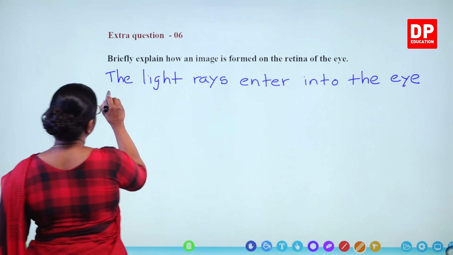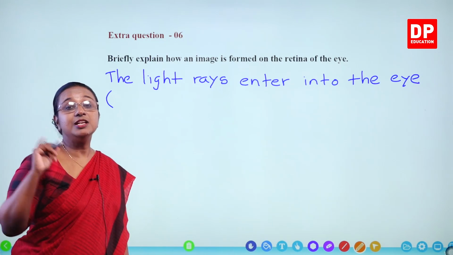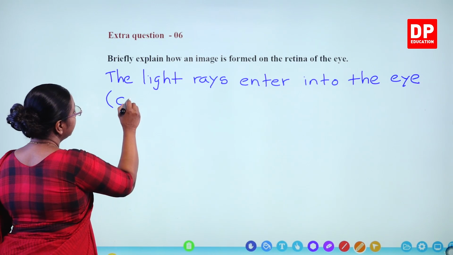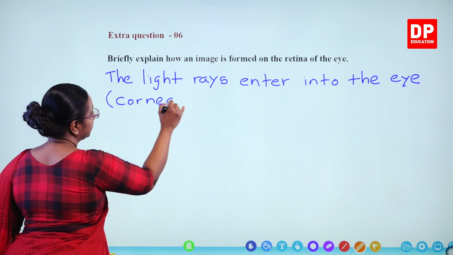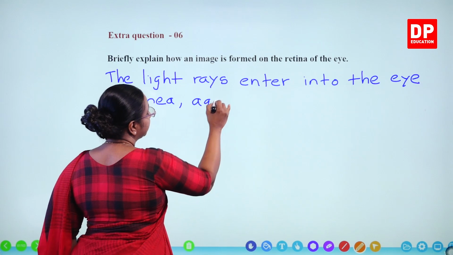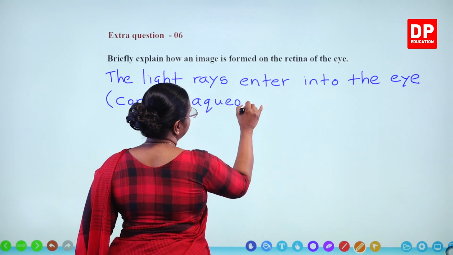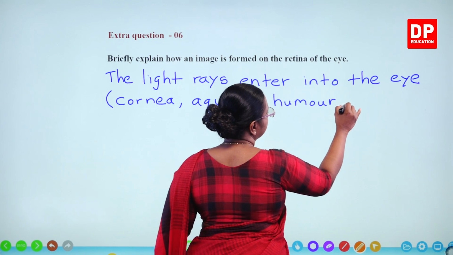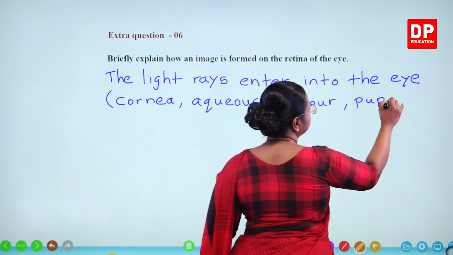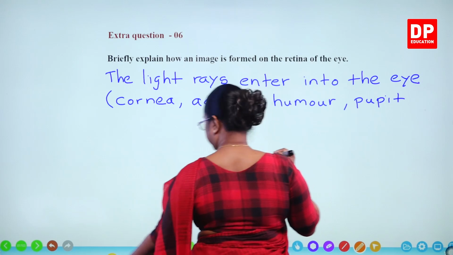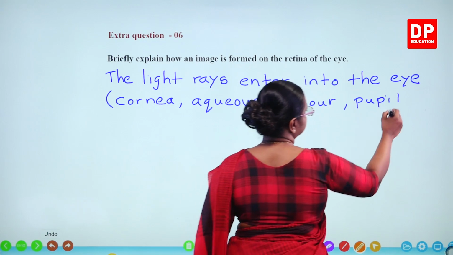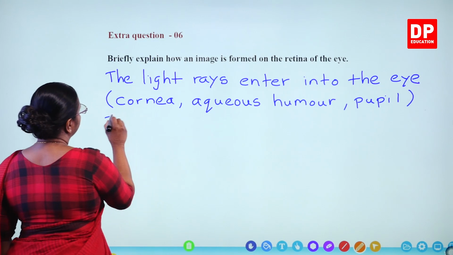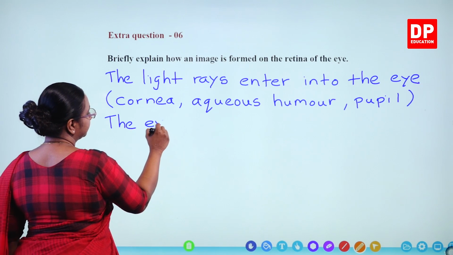So, here if you want, you can include all the parts through which the light rays pass. Initially, there is the cornea, then there is the aqueous humor, then the pupil, the eye lens,